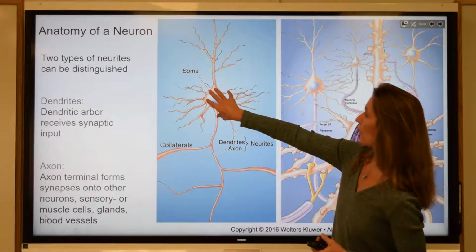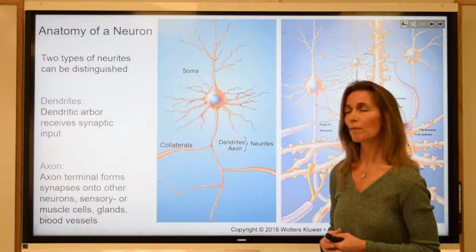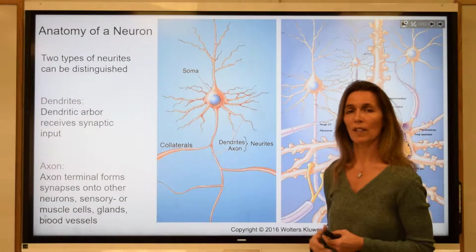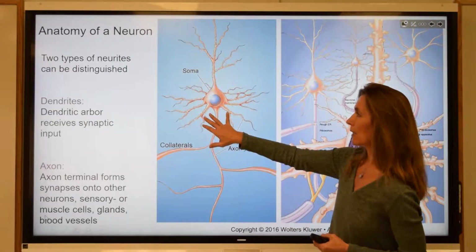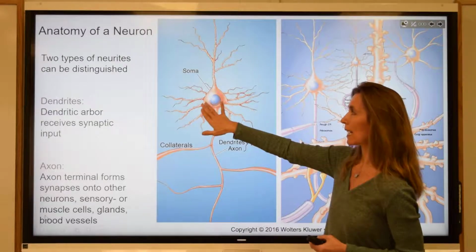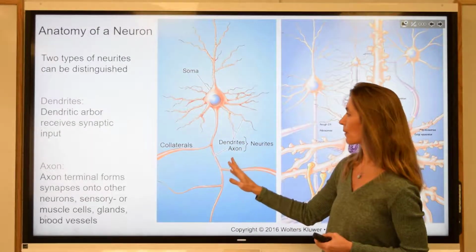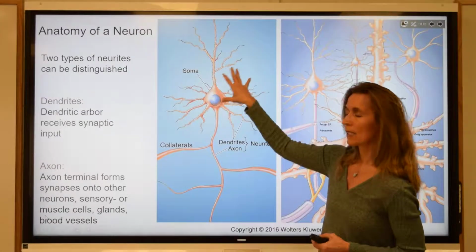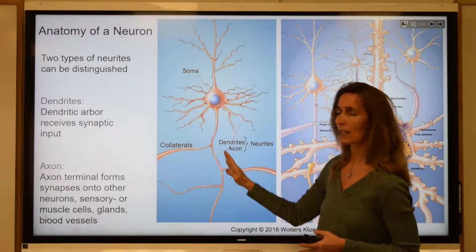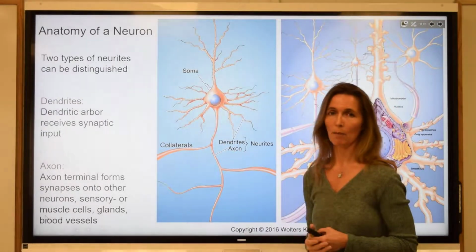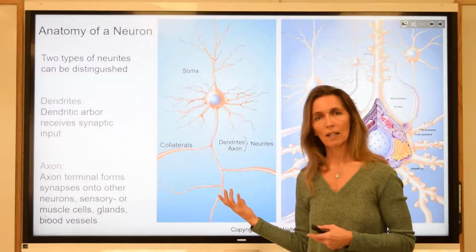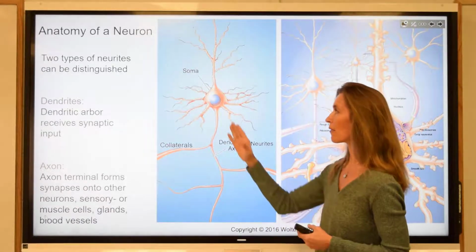They consist of a soma, or cell body, and then they have all these extensions that are protruding out of the cell body, and they are subdivided. They are called neurites, and these neurites can be subdivided into either dendrites or axons. Each neuron, and it depends on what type of neuron it is, in general has a dendrite or dendrites and an axon that come out of it. And there are exceptions. There are neurons that don't have axons,